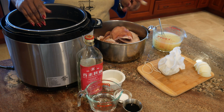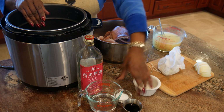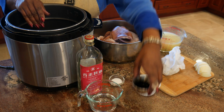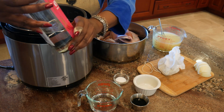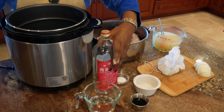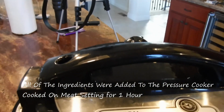Other ingredients that are going to go into this include 2 tablespoons of sugar, 1 teaspoon of salt, 2 tablespoons of soy sauce, 1/2 cup of this rice cooking wine, and those are all of my ingredients to start with. Pressure cooker has indicated that my pig ears